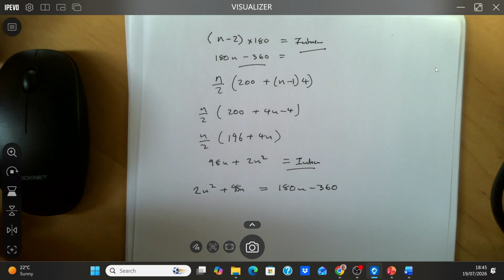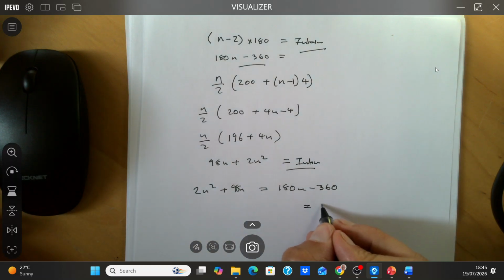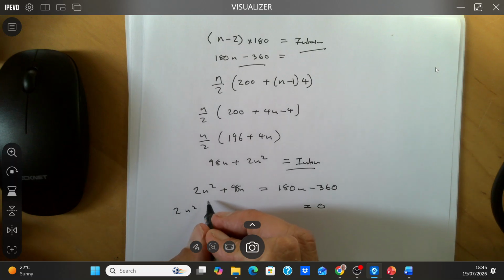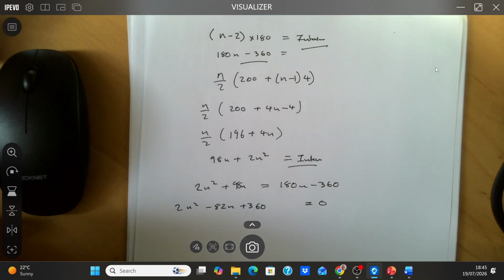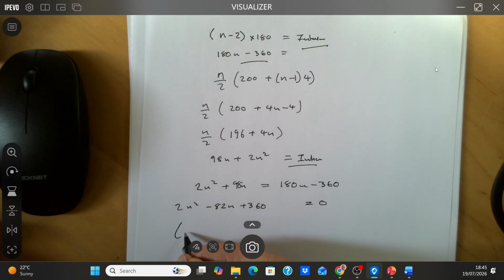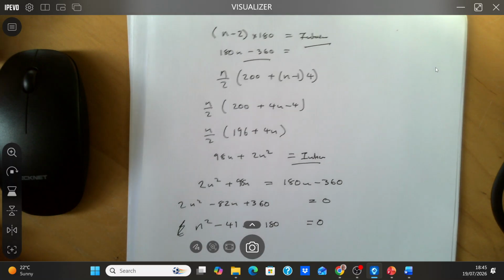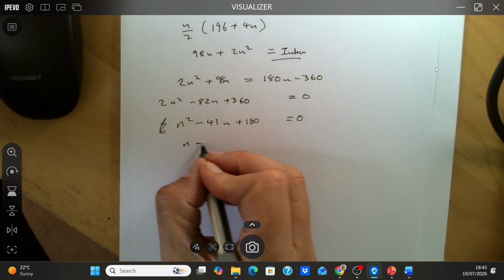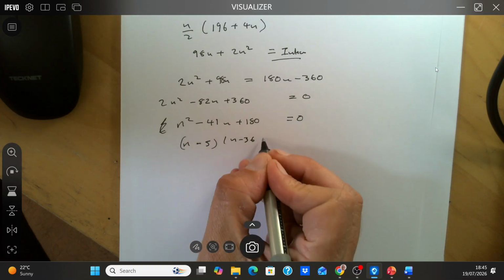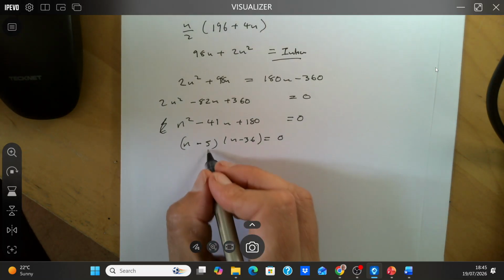Because they are equal, what can we do now? Now what do I need to do to find n? Sorry, I'm going to divide by 2 first. Then I'm going to factorise it. N can't be 5, so it must be